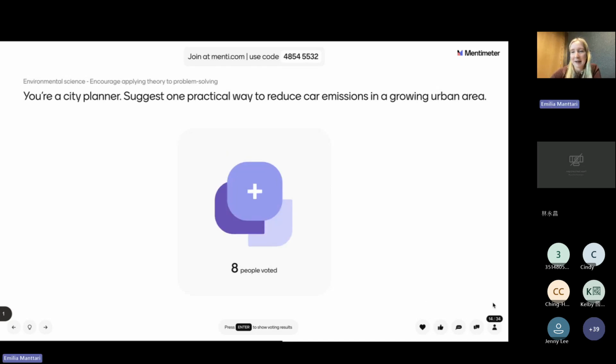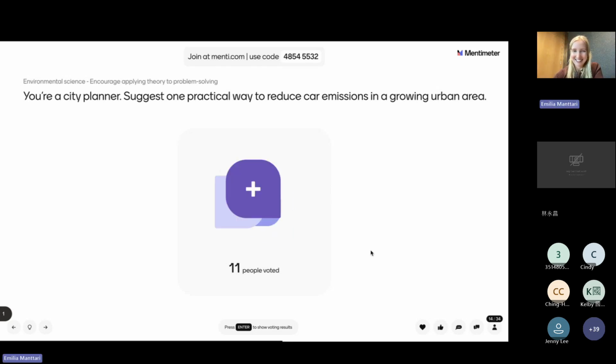And you can see that for all of the questions here on the bottom right side, I can see how many people we have in the presentation and then how many people have submitted their votes. And then if I activate the voting on the responses, here in the middle, I can see how many people have voted at that second stage. So I'm going to give you a little bit more time to vote, and then we can see what our favorite idea is.